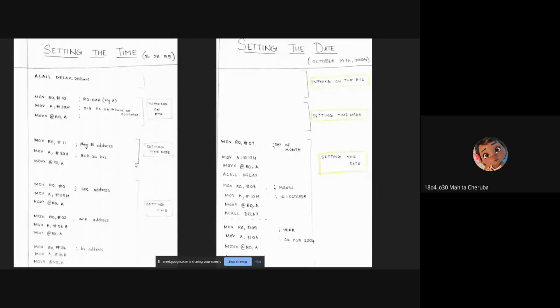So this is also the same. What we have to do is first start with the second part. We have to first initialize the second address. The second address is hash 0. So first we have to point to the address location of our second, and then we have to